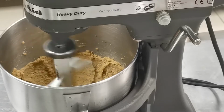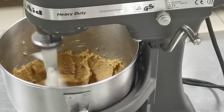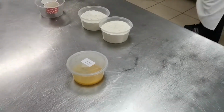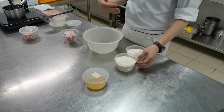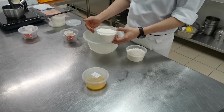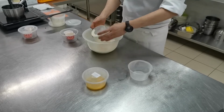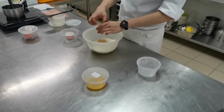And on the other side, I'm going to mix all the dry ingredients together. For the flour, for this recipe, we can use the all-purpose flour, because in Malaysia, we use rose flour. It's a slightly lower gluten type of flour. So the rose flour or all-purpose flour put together, ginger powder,